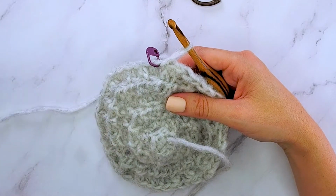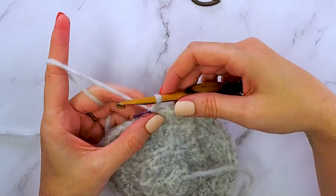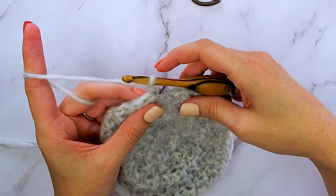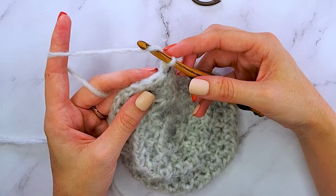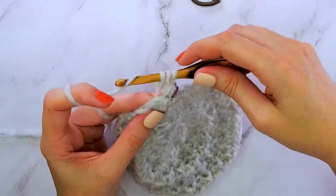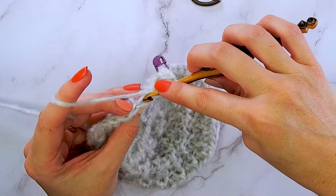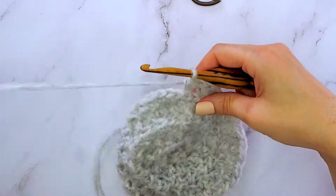And for round 6, we will do the same thing. This will be my last increasing round for the child size, where I will turn and chain 1. And I will be increasing on every 6th stitch for round 6. So I will do a back loop, front loop, half double crochet, back loop, front loop, half double crochet,